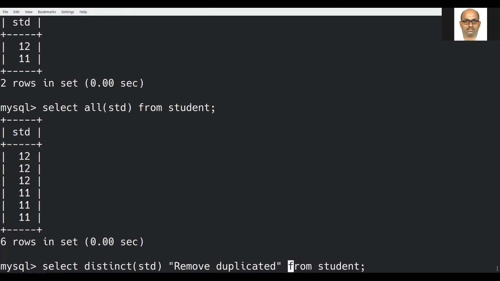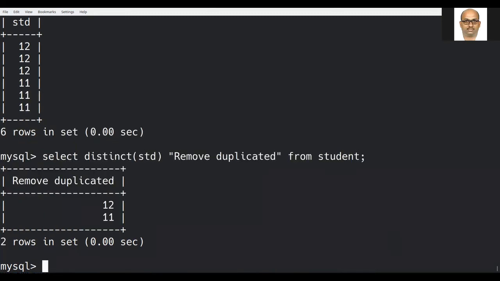See, when I run this query now, instead of the column name appearing as std, it appears as the name I have written. This is one method of displaying the column name in some other name. We cannot literally change the name, whereas while displaying the column name alone, we can change it. That is using the alias command.